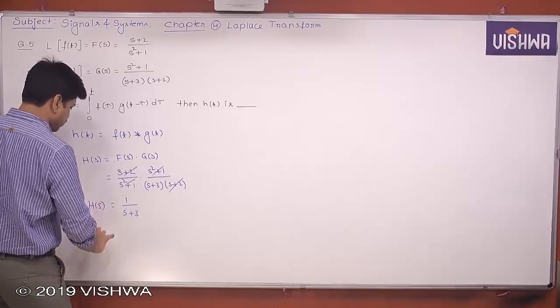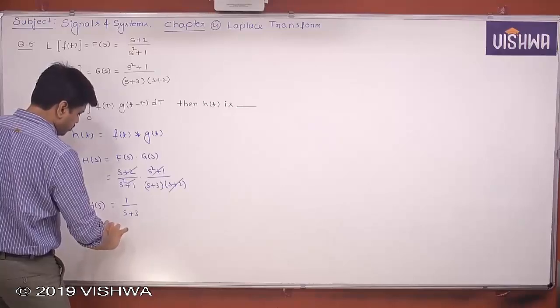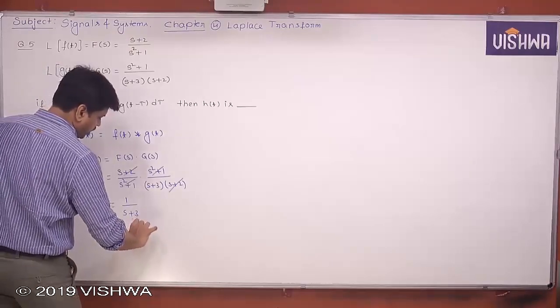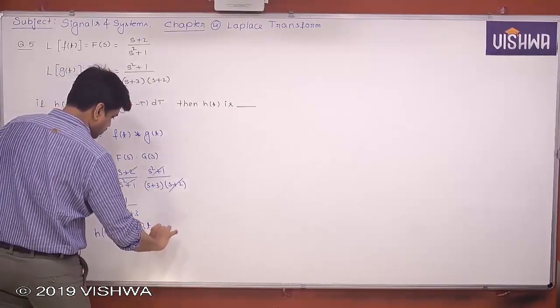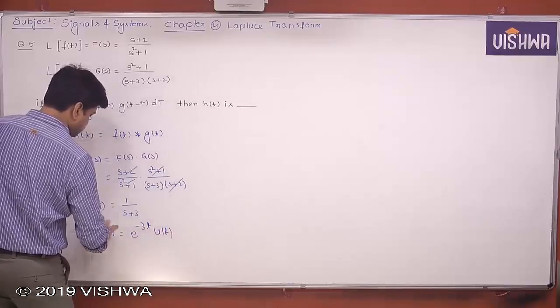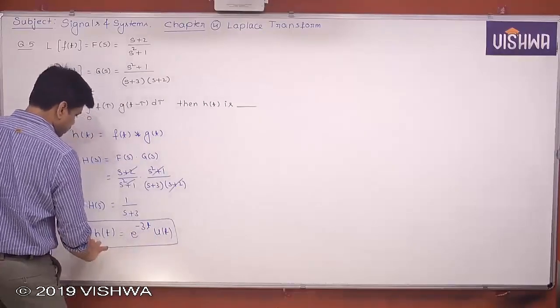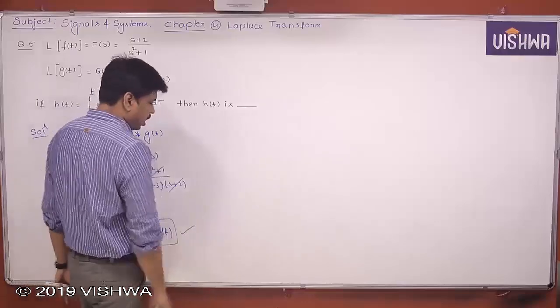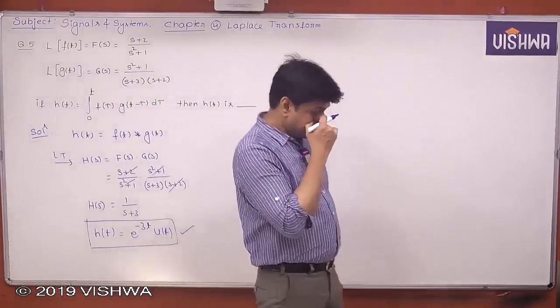Once this is H(s), then we can write h(t) is equal to e^(-3t) u(t). That's it. This is the correct answer. But here, so many unknown things we have. That means, let's say first,